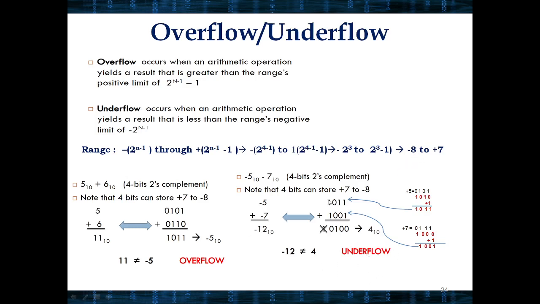By seeing this MSB bit value, here both are 1, which means both are negative numbers, and the result is a positive number. You should not consider the carry out here, we should ignore it. But here the result is a positive number because we have 0 here. So both are negative and the result has a positive sign. So we can say that it is an underflow condition.